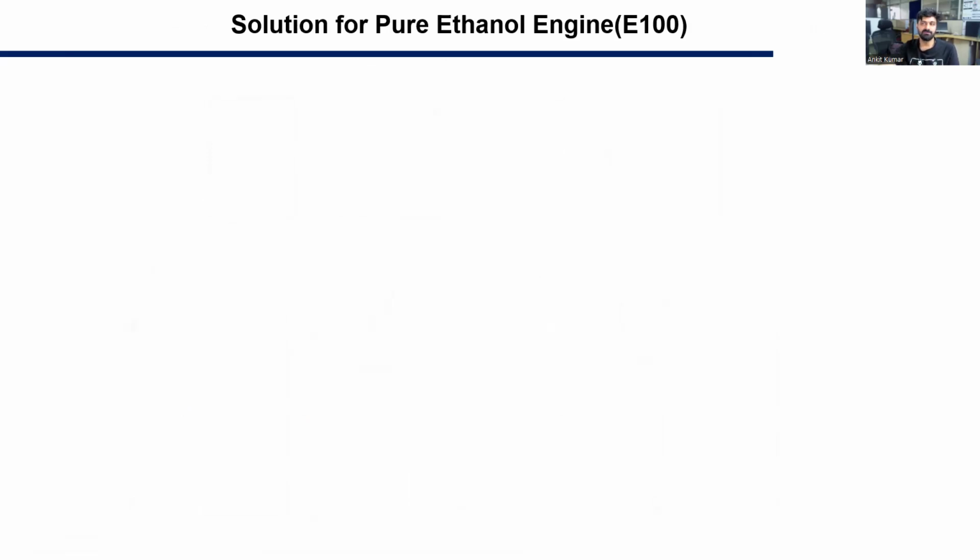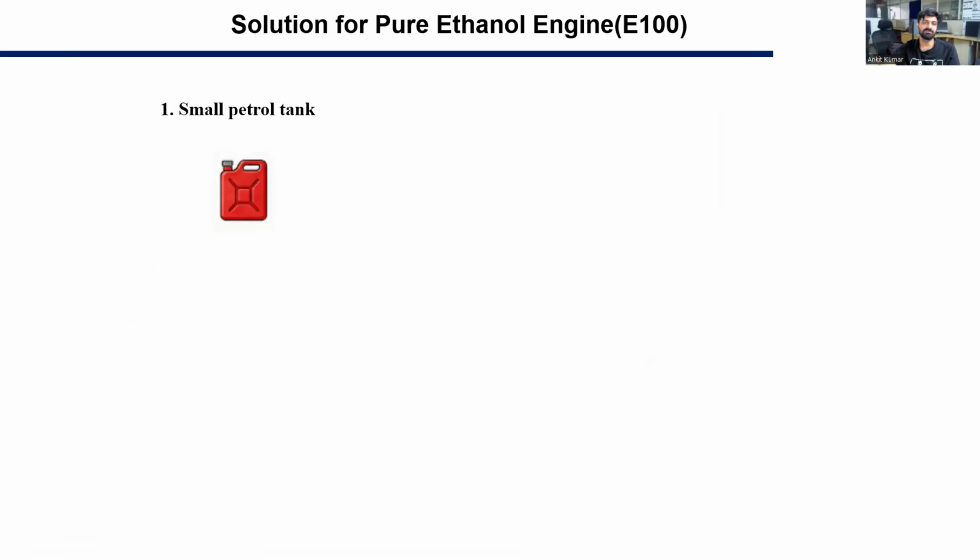Now, coming to the solution for a pure ethanol engine. I'm not talking about blends. Let's say you have pure ethanol, you are using 100% ethanol, then what kind of engine should we design? Because the engine is very important when we are changing the fuels. As we have seen, the compression ratio, that is the maximum volume available for the compression divided by the minimum volume, basically changes the efficiency of the engine. So first, since fuels are getting cooled in the engine because of absorption of heat when we talk about ethanol,